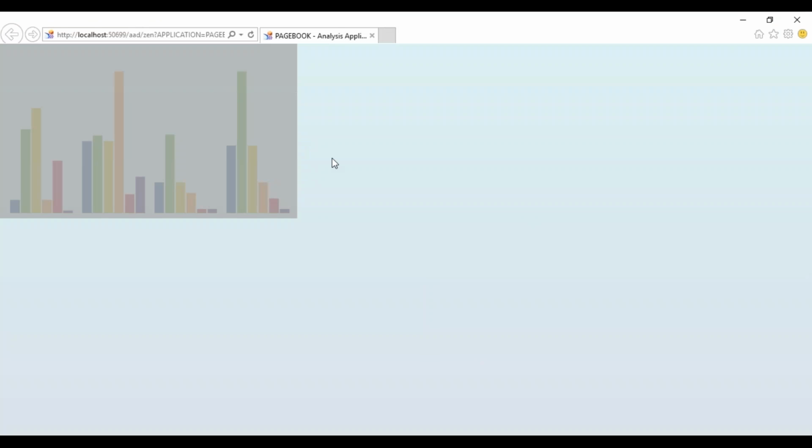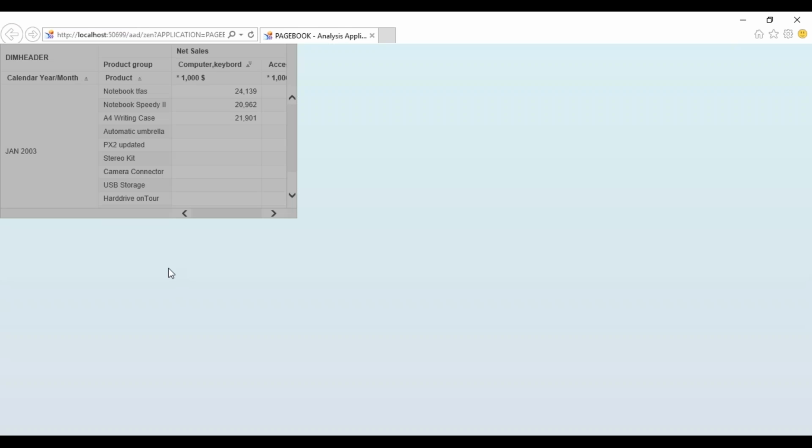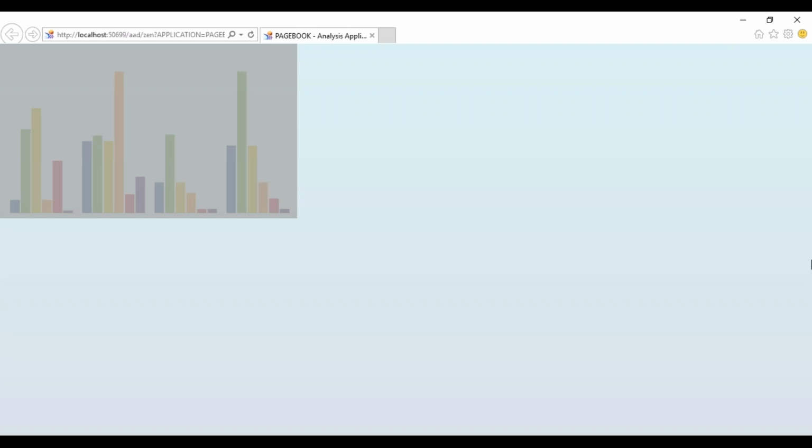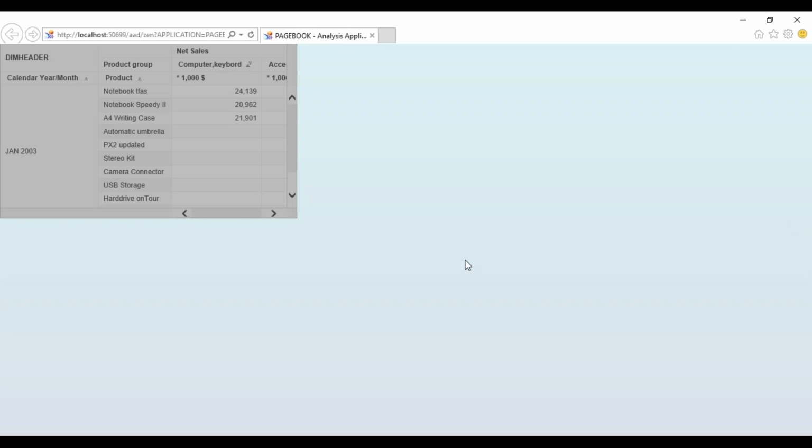So this is our pagebook first component, first page of the pagebook component, where we have kept the chart. If you are on an iPad device, you will swipe. We have just swiped it. What I did is I clicked the mouse and then swiped. If you want to go back to page 1, click the mouse, hold it, and go back. I am swiping on the screen. You can make out how you will swipe on iPad. If you are on the first page, you just swipe it, it will go to page 2.